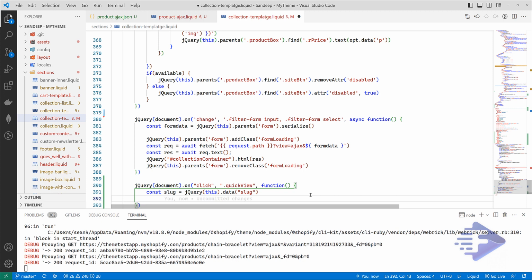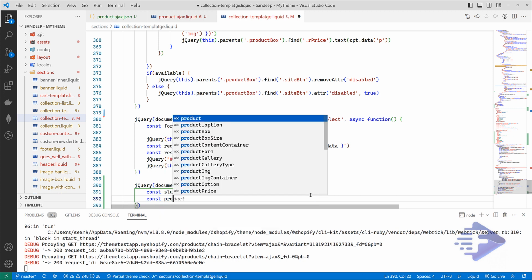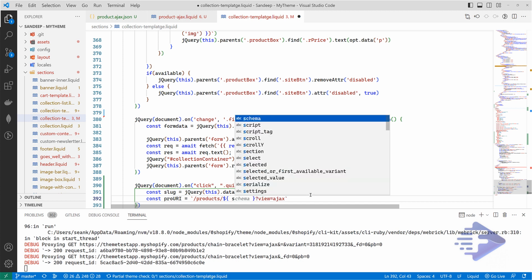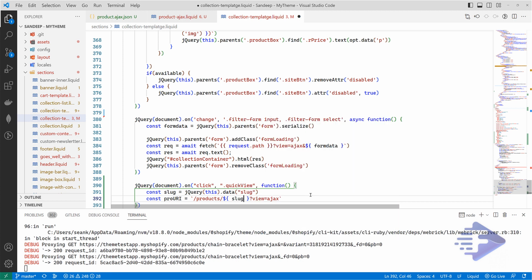Let's say const product URI equal to, I'm going to use the template literal and paste over here, and over here instead of doing this I'm going to print our slug, which is this one.